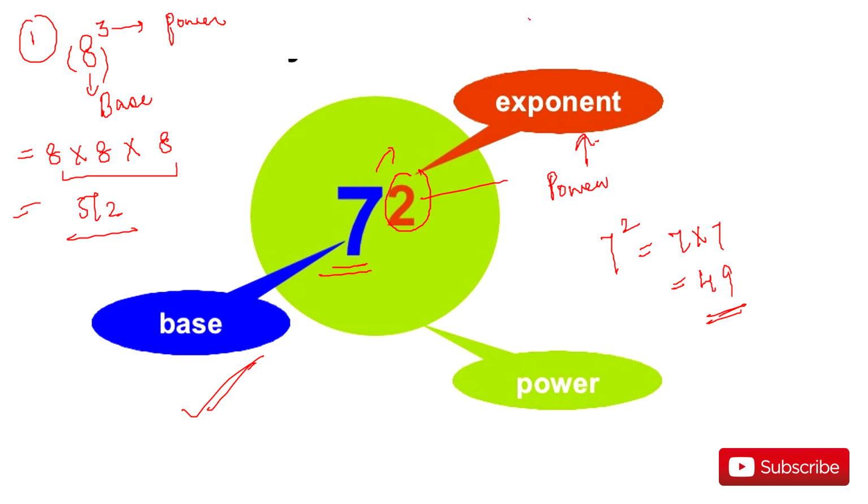Similarly, if I tell you about 2 to the power 4, that means 2 multiplied by 2 multiplied by 2 multiplied by 2. That is 4 times, right? So that is how much? 2, 4, 8, 16. So 2 to the power 4 is 16. Now this is a single number, but if you have multiple numbers, there is a property which I will make you understand through this video.